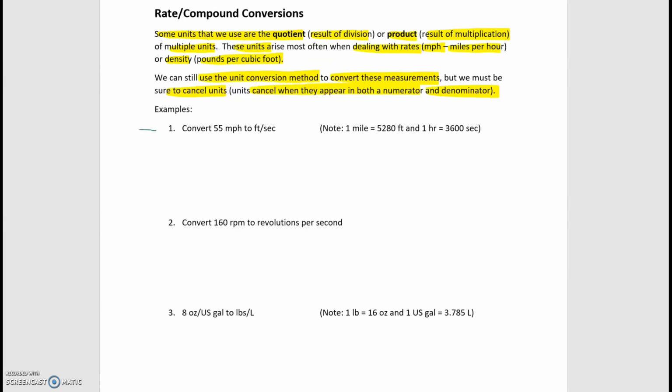Example 1, converting 55 miles per hour to feet per second. So what's going to be important is to write that 55 miles per hour as a fraction. So 55 miles per 1 hour. So we're going to use our unit factors and move towards getting our goal, which is feet per second. So once again, times, I want to get rid of that miles first. So I'm going to put that miles on the bottom from the unit factor. So there's my 1 mile, which is